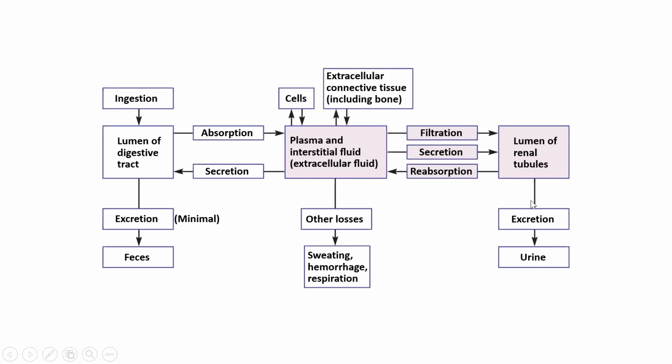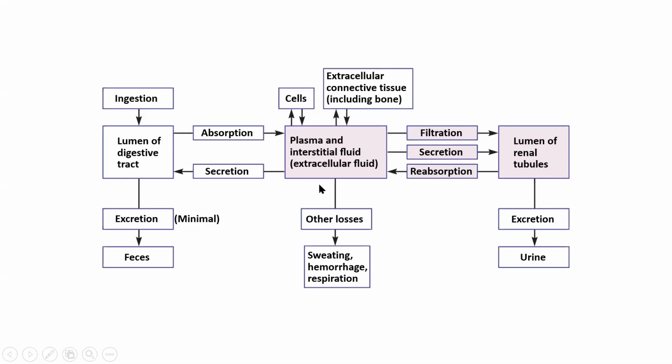So this is really where we're focusing our attention. These three processes of renal exchange, where we filter most of that water into the tubules of the kidneys, we secrete further some amount of substances and water, and then we can reabsorb some of that back into our plasma, back into our interstitial fluid area. Okay, so this is the real important area where water is regulated. Most of our water regulation happens at this level, between secretion, absorption, filtration from the blood to the kidneys and